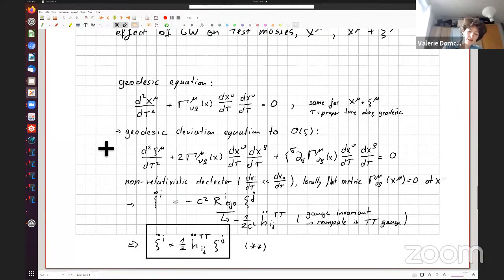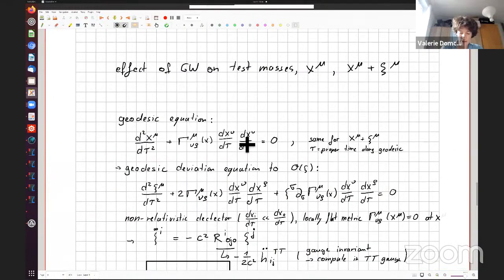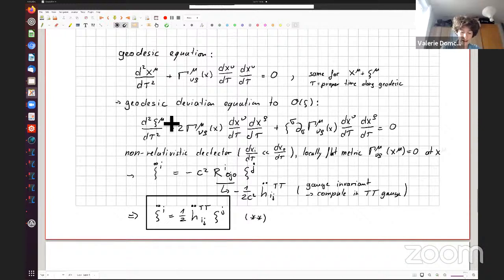And for that, I need what is called the geodesic deviation equation. So I have this equation, then I have the same equation again for the other particle. Then I subtract the two equations, and I get an equation for the distance zeta mu between the two particles. Here we have an expansion in zeta. We go to first order in this zeta parameter, and so we have the Christoffel symbol again. We have something which looks like this term up here, and then we have one term which includes this deviation parameter.